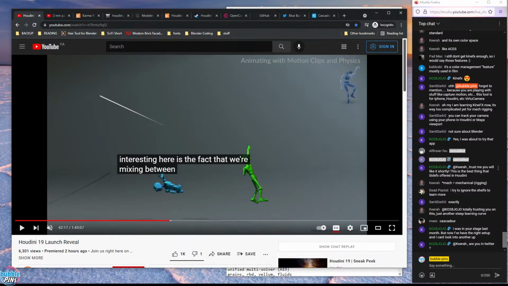Trust me, you will like it shortly. This is the best thing Side Effects offered in Houdini. Mechanical rigging. Yep, it should be okay. I'm pretty sure it'll come, because mechanical rigging shouldn't be too hard, but